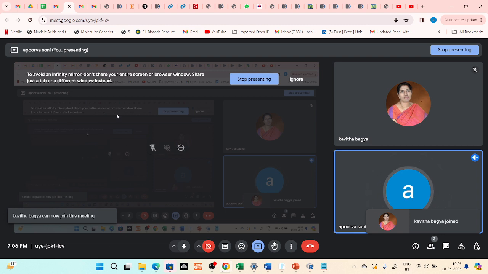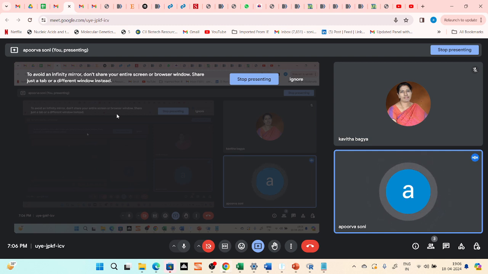Okay. So I think today there is an overlapping of the classes. I got to know that the other TA is also taking class from 6 to 8, and mine was from 7 to 8. So there is an overlap. I tried to rectify it with the committee, but I think at the last moment it cannot be done. So it doesn't matter. I've started the class because I have to start at 7 o'clock. So I've started the class, and you're here. And if others who cannot join the class, it's fine. They can see the recording if they want to.